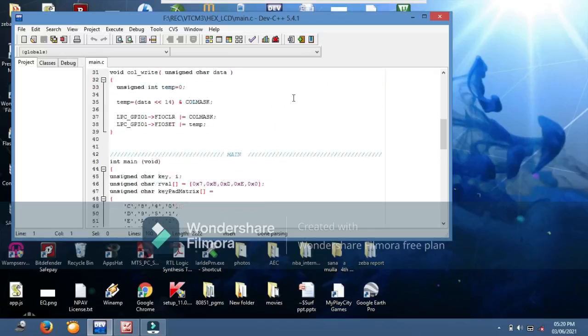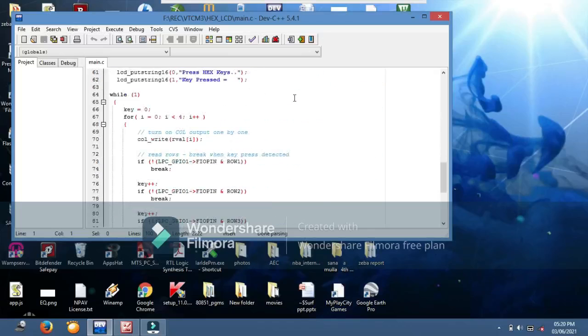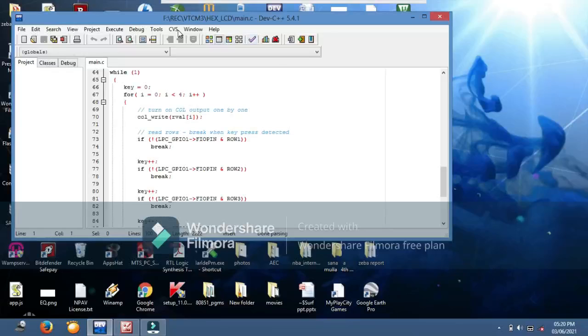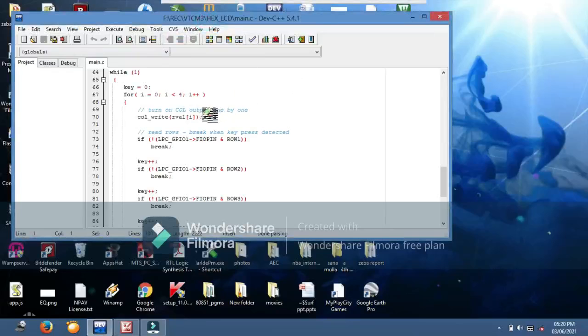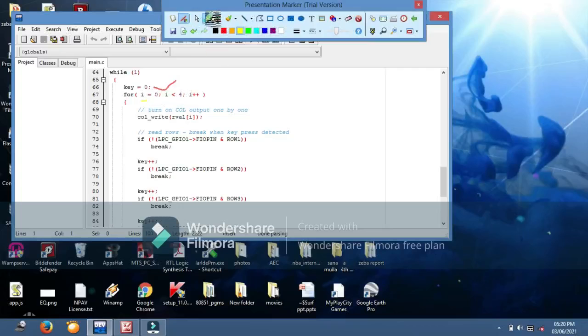Okay, to understand this directly we go to the operation here. The remaining things we can understand through the operation itself, right. First we take one variable, k equal to 0, which we assigned in the program, and i is also a variable we defined here.